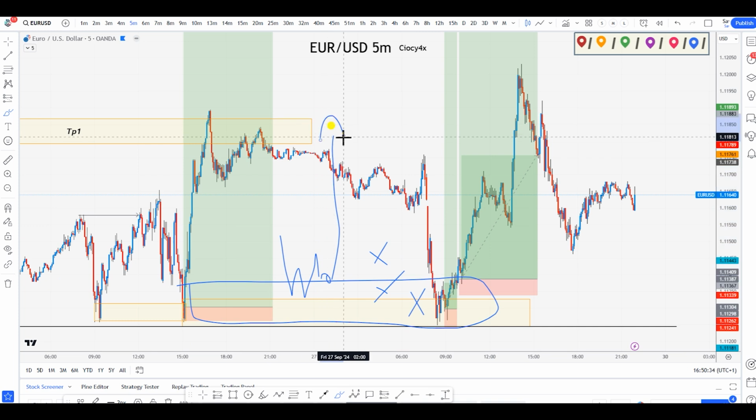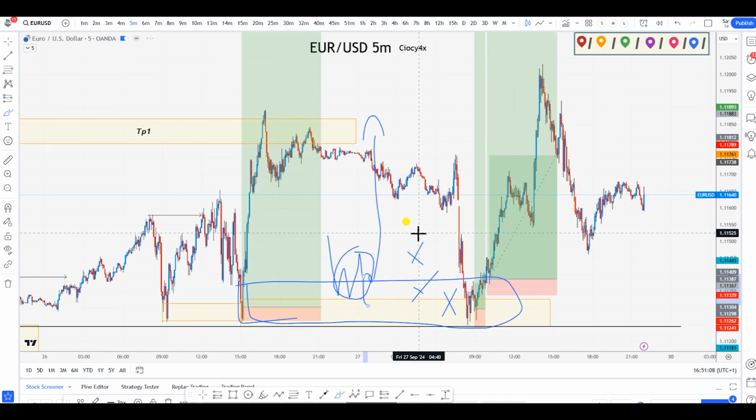And how many times do you guys think that this pattern can happen within such a small range? 5 times, 6 times, 7? No, that's never going to happen. Statistically, the likelihood of you having 5 times price doing this is almost near to, I wouldn't say 0. Okay, you can have very, very bad days, but it's like once a year probably. Okay, I backtested this a lot. That's what I'm telling you from experience. So it's all about putting things together, putting the pieces together. And I hope by me showing you the logic of this, it might help you to understand what is actually happening.